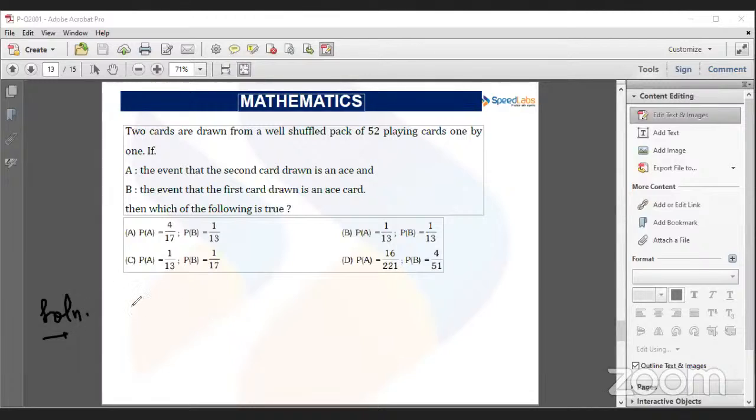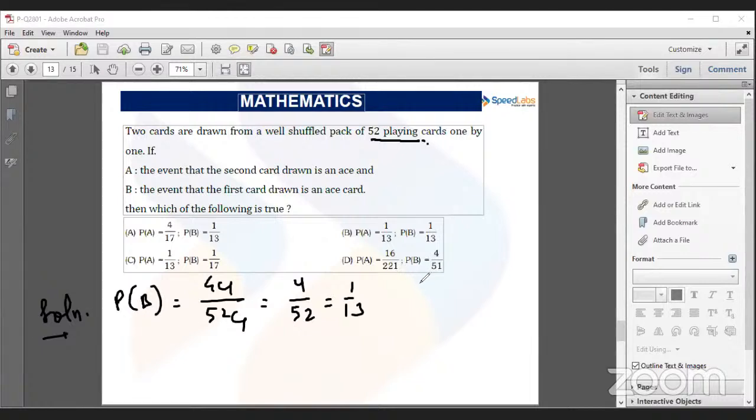So first draw, what is the probability that the first draw is an ace? Okay, so PB will be 4C1/52C1, right? First draw being an ace is this. Now, second draw